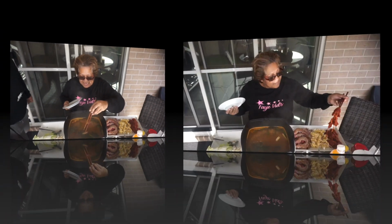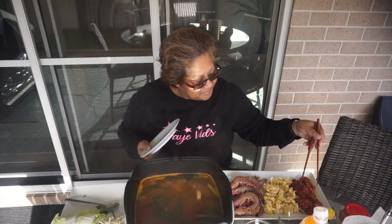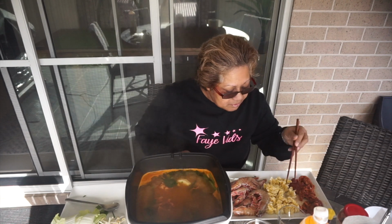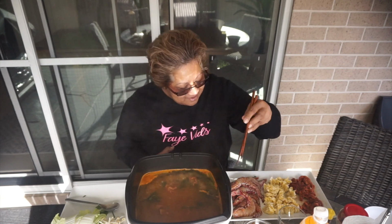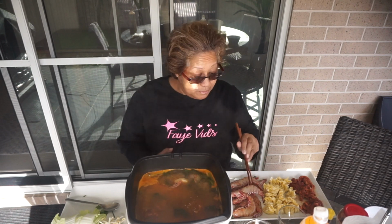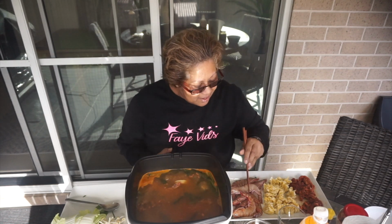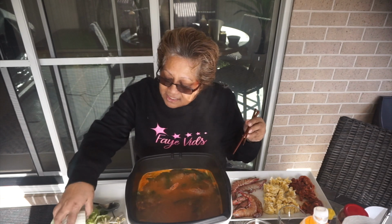Oh, that actually smells nice. So I'm going to put some pork pieces in there. I've got the meat in there, the pork. And I'll put a couple of prawns in here as well. 1, 2, 3, 4. Then I'm going to add some of these,